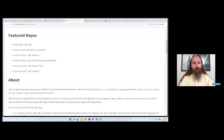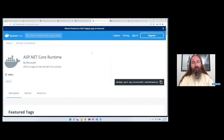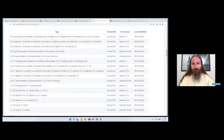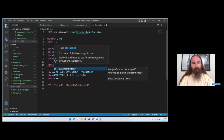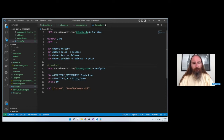Back here on Docker Hub, let's pull up the ASP.NET one. That one only includes the details necessary to run a website, but not to build a website. So we have this base image, that's perfect. And we can see if we scroll down, there is also an Alpine variant, 6.0-Alpine. Let's use that. So let's split this image in half. I'm going to say from this Alpine,